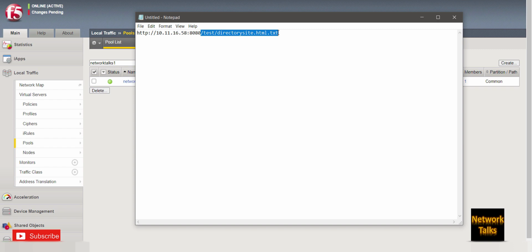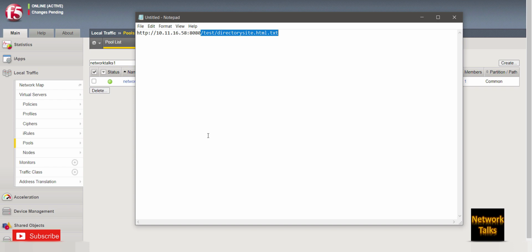How I am defining it is that I am asking, or forcing, F5 by using a custom health monitor to forcefully check for that path. If in case my path is down but that 8080 service is still available on the web server, still F5 is going to mark that pool as down. Then how is it going to be done?